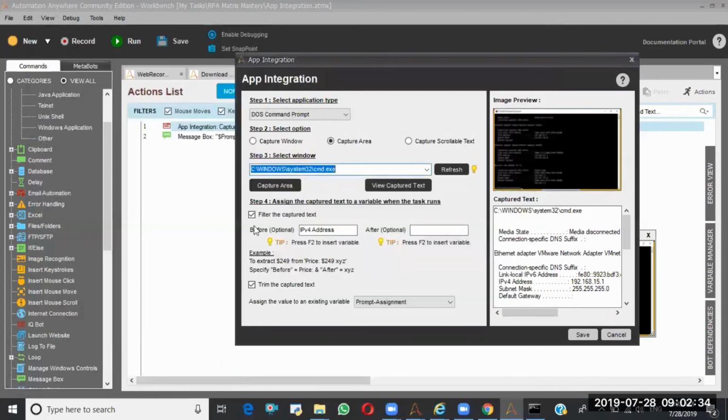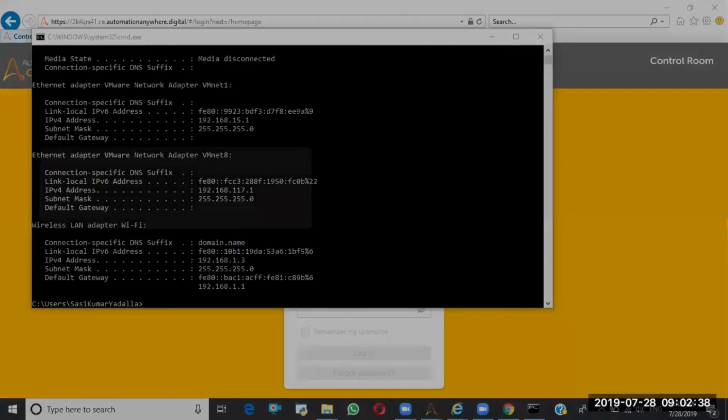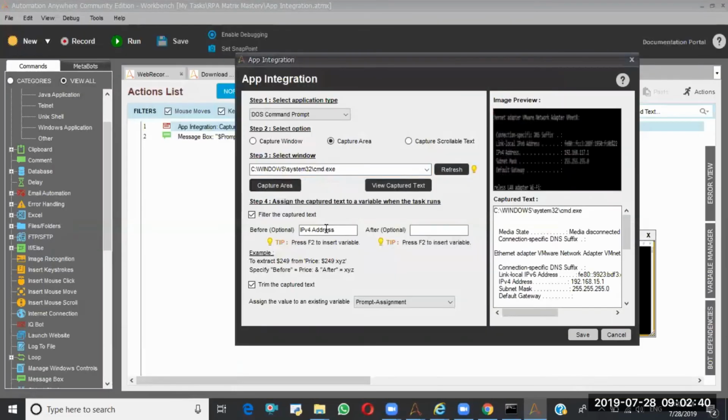So now I'm going to capture some area. So like this, I can capture. This app integration is also similar to OCR, and internally it works like that. But in the OCR, you will get different OCR engines. Here, there is no such kind of option. That's the difference.